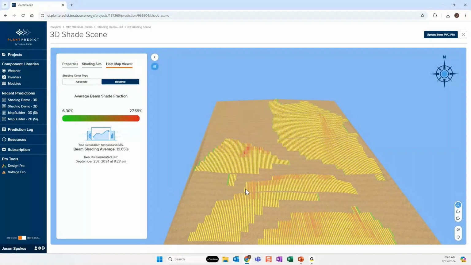But I want to take a minute to really explain what these percentages mean. So these are the beam shade fractions. And remember that at this point, we're only analyzing the shade fraction for each time step on a particular rack or bay. And this is different from an irradiance loss or an energy loss. So these numbers may look quite high if you're used to looking at shading losses in terms